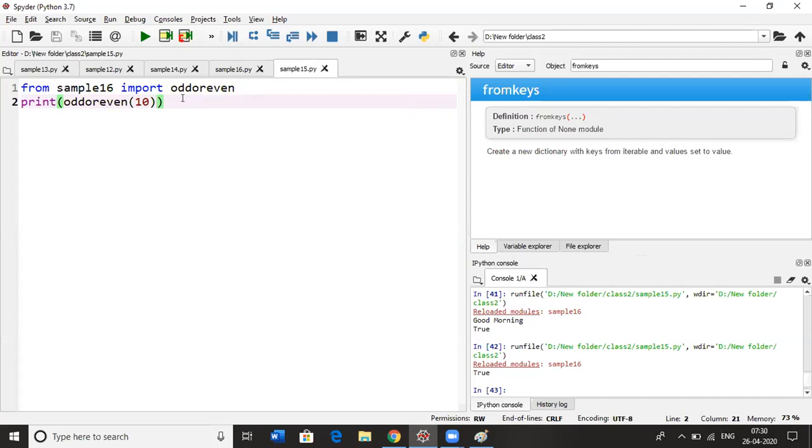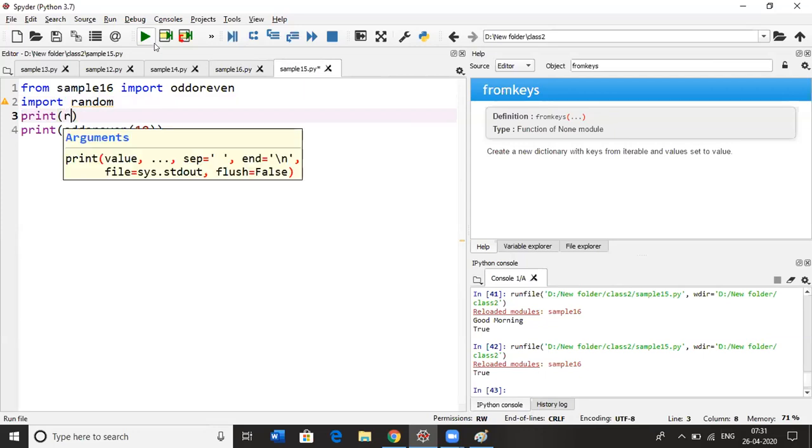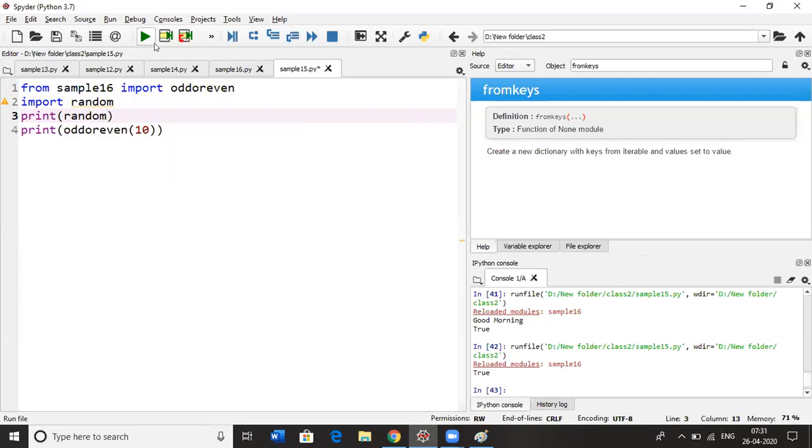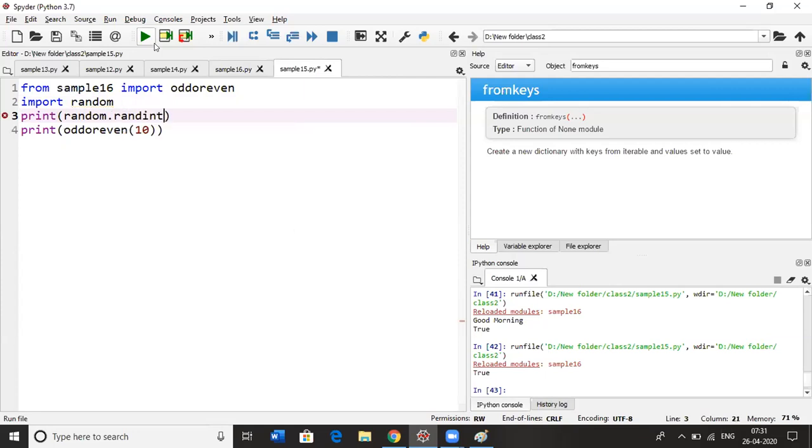Let's see some inbuilt modules we have in Python. We have some inbuilt modules that are very useful to us. One is the random module. The random module is used to generate random values. randint will give you a random integer within the respective range.